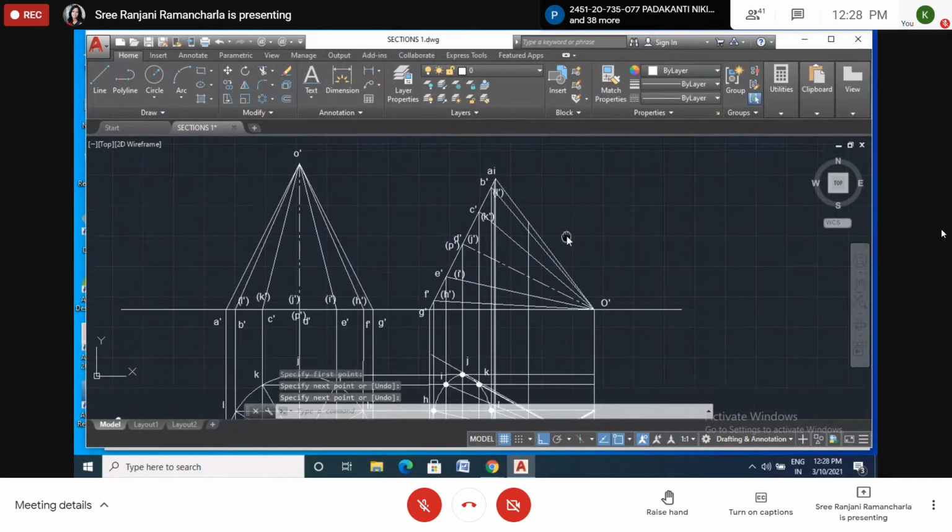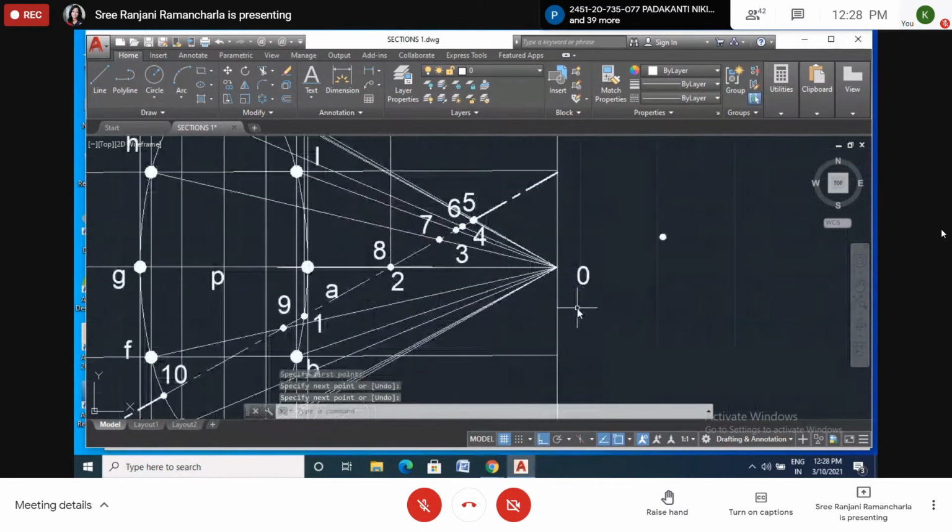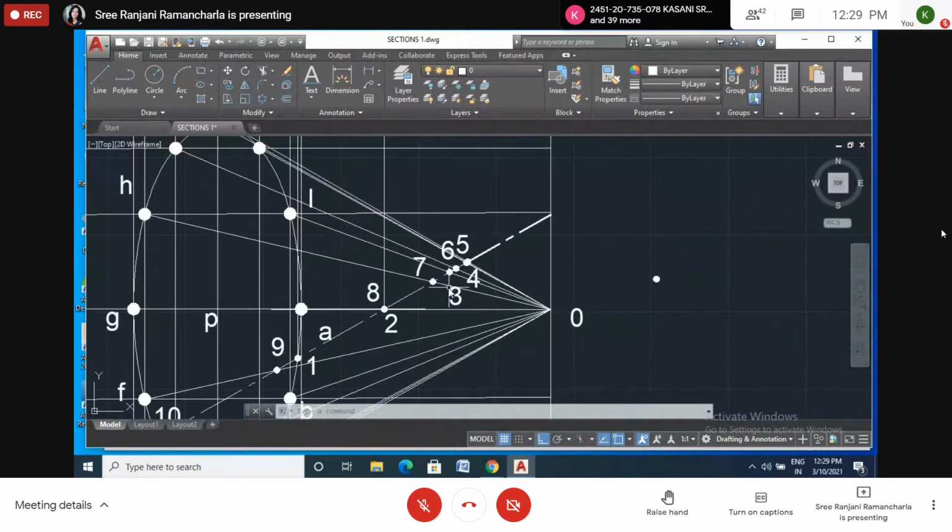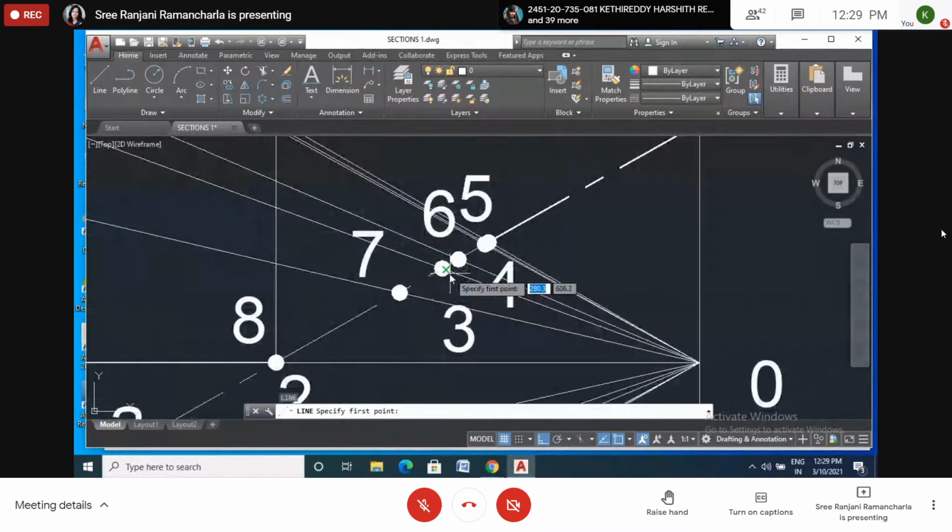Then where is 3? On which generator? Not this one, this is 3. Point 3 is on LO. So draw the line from here. LO.